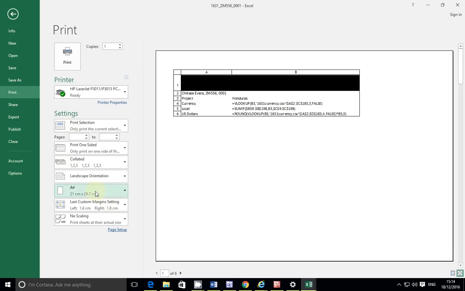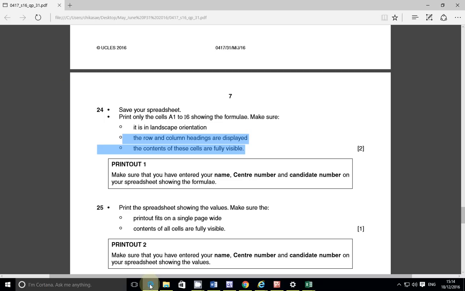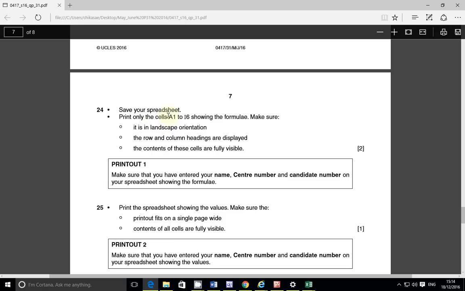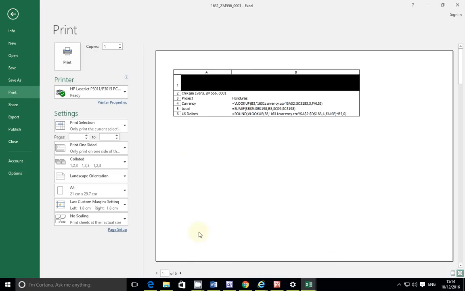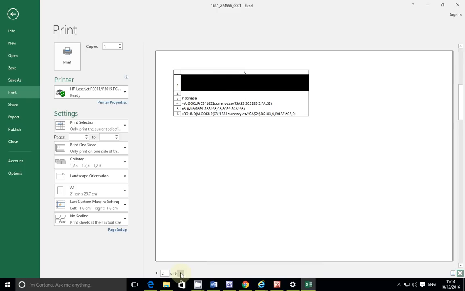So this is on A4. Now just verify before you do that. So we are done showing that the formula has been shown. Okay, and we have displayed in landscape orientation, and the row and column headings are displayed, and the contents are fully visible. So as you can see, the contents are fully visible. Okay,